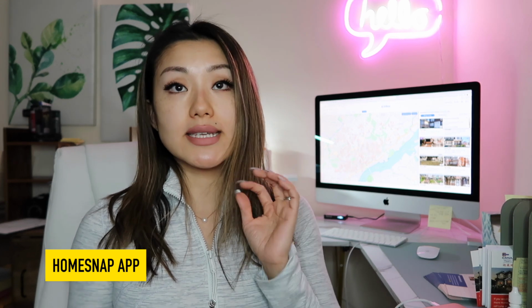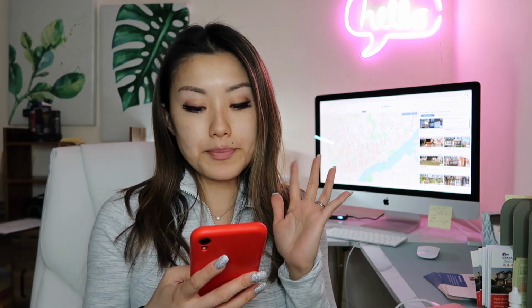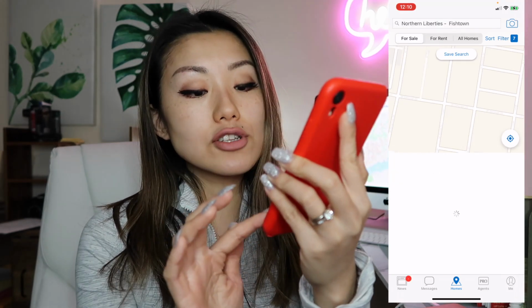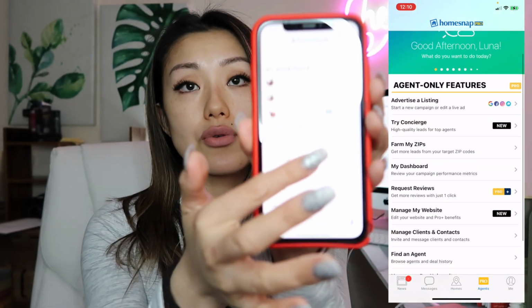The next one that I suggest every agent download is an app called HOMESNAP. I don't know if you guys have it all over the country, but in Philadelphia, we do have this app called HOMESNAP, and it is connected to your Bright MLS. So what I like to do with my HOMESNAP is I like to go through, I don't know if you guys can see,